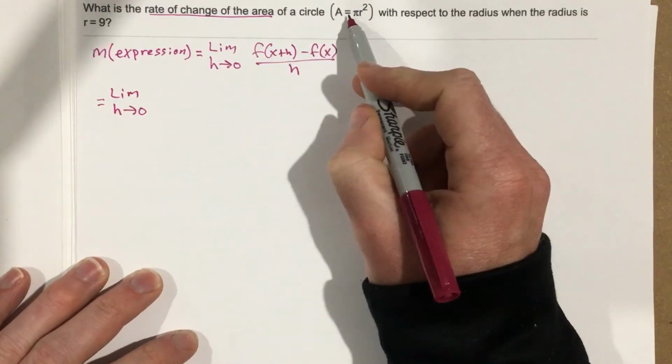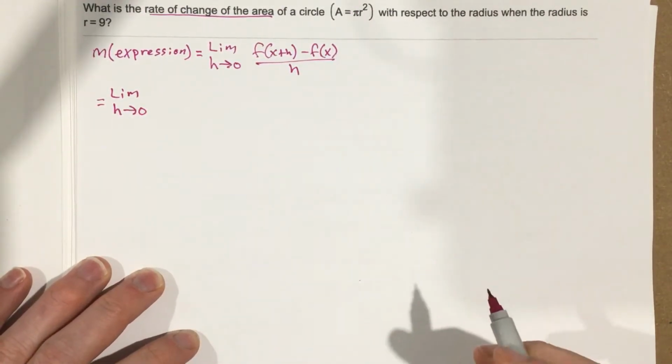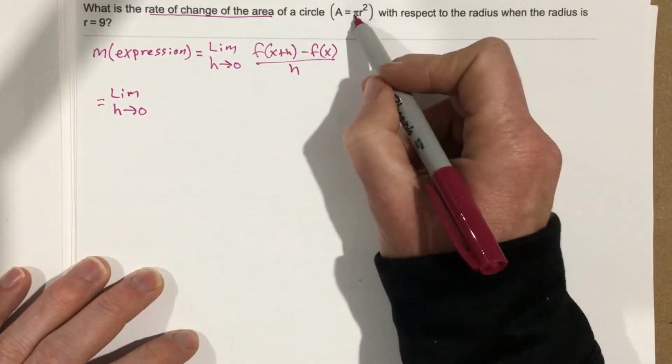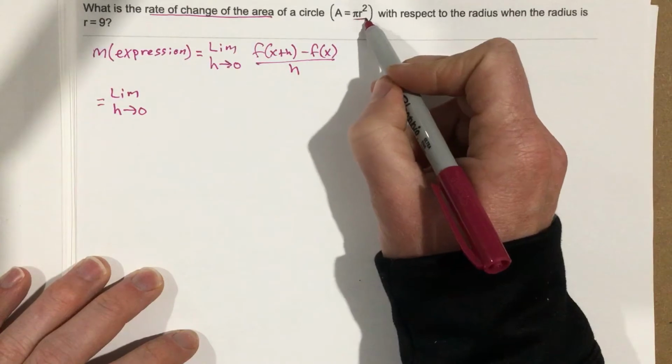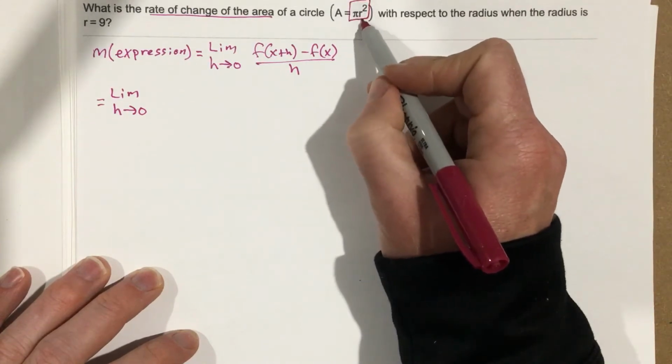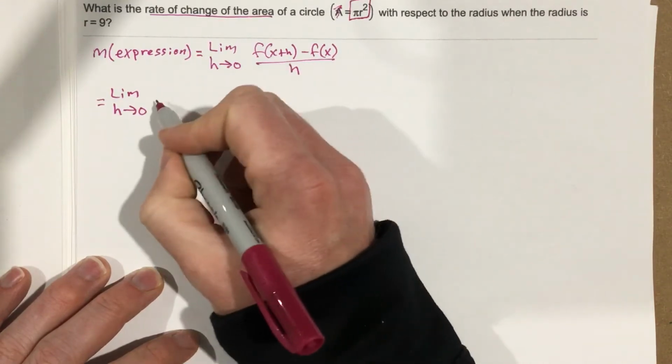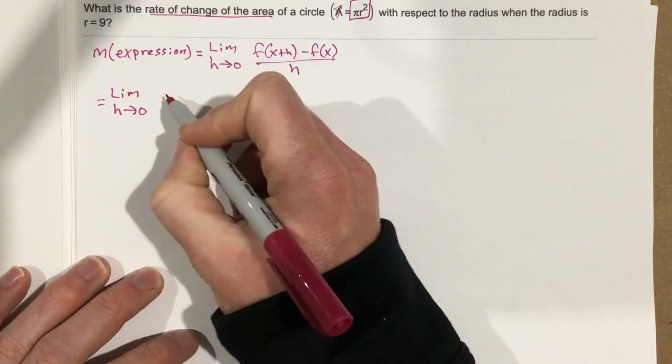We have A equals pi r squared, so we're going to essentially ignore the A part of this and just focus strictly on the pi r squared part. So we don't need to worry about this A part here. So we're going to say that that's going to be pi